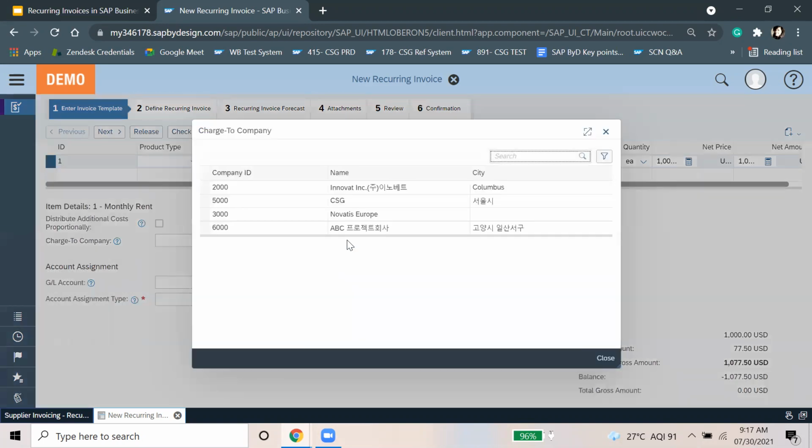So if there is $500 of the rent, and if you want to pay just 250, then the rest of the 250 you can just charge to this partner company. In this case, the system creates intercompany receivables and payables automatically without posting a separate invoice for the partner company.